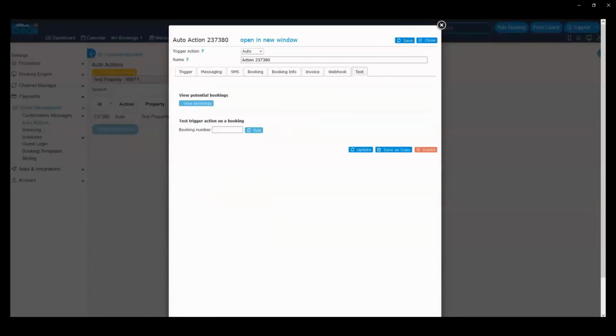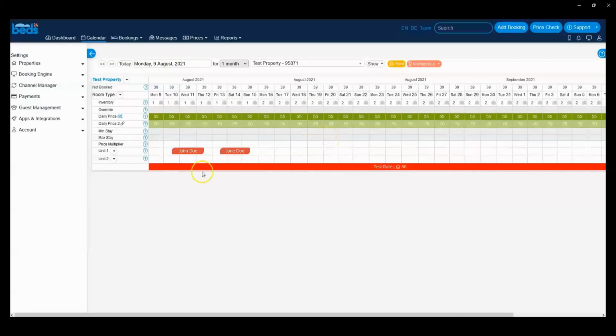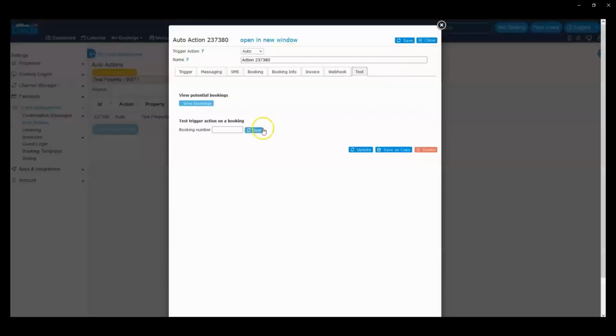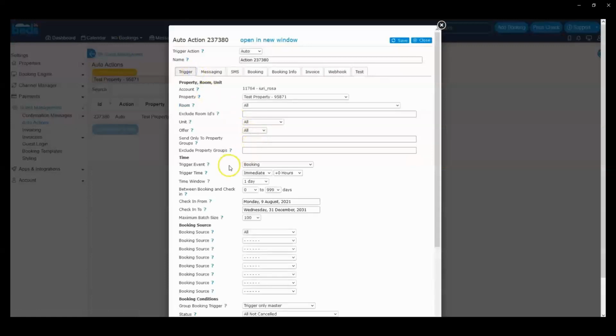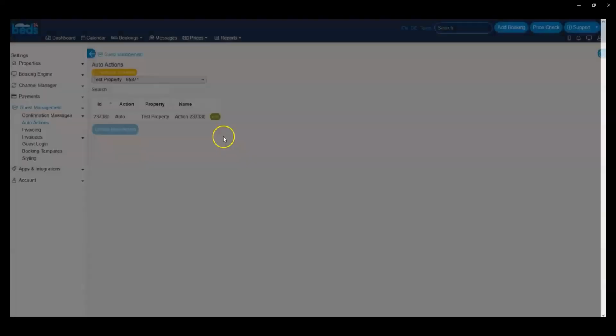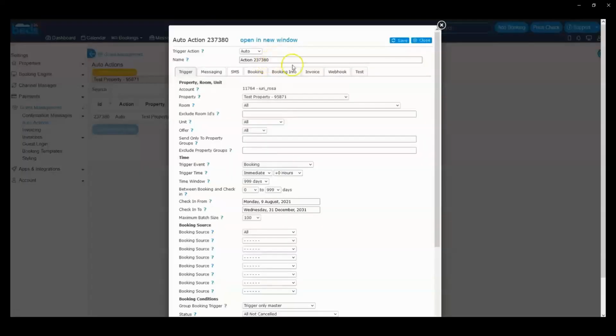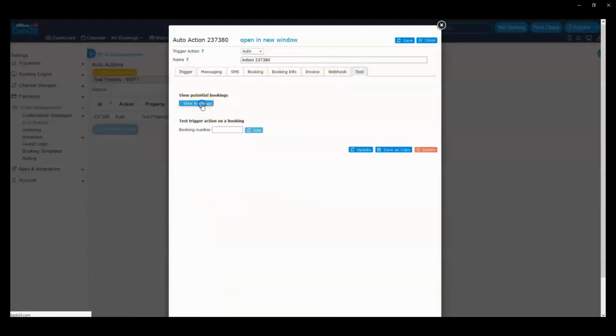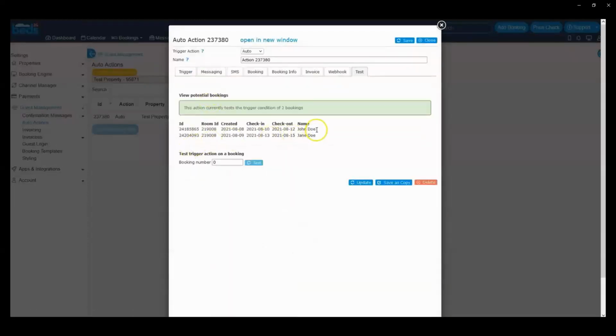Now there's a simple little trick you can do to make the auto action trigger on that booking. The booking was already made when we created this auto action. So what we can do is set a higher time window. Let's say we don't know when the booking was made. Let's put it on the maximum, 999 days. So we save. Now let's have a look at the auto action test, view bookings, and we can see here